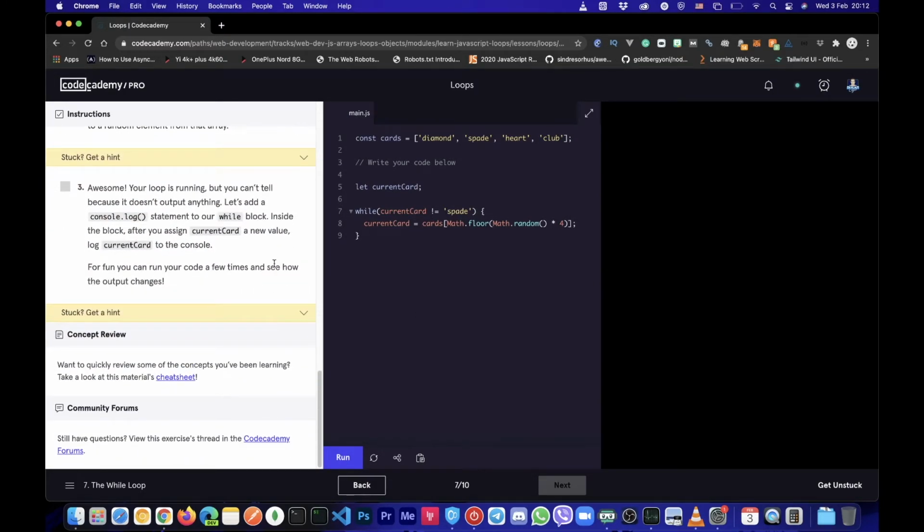And now the last task. Awesome, your loop is running, but you cannot tell because it doesn't output anything. Let's add a console log statement to our while block. Inside the block, after you assign current card a new value, log current card to the console. For fun, you can run your code a few times and see how the output changes. Okay, let's console.log current card variable,